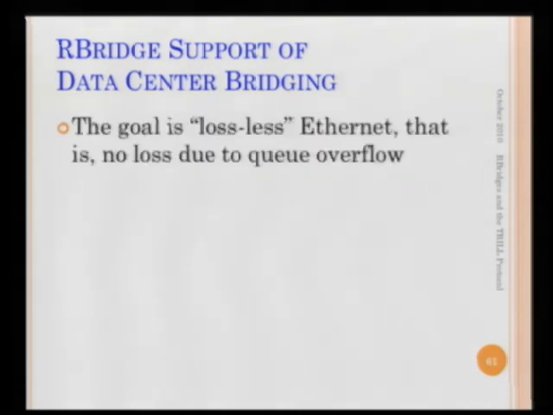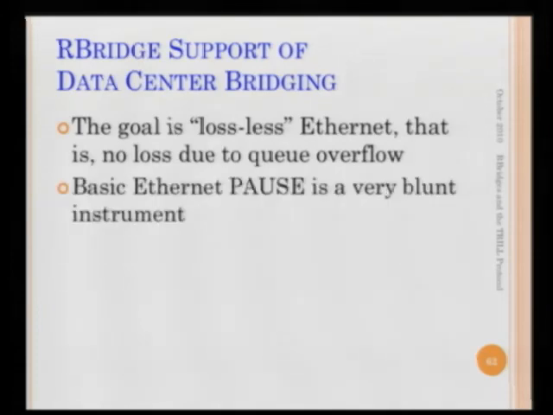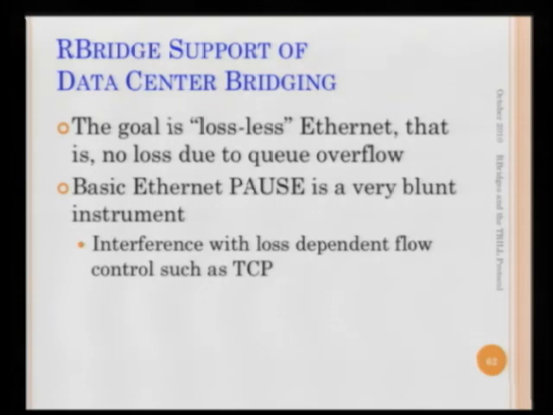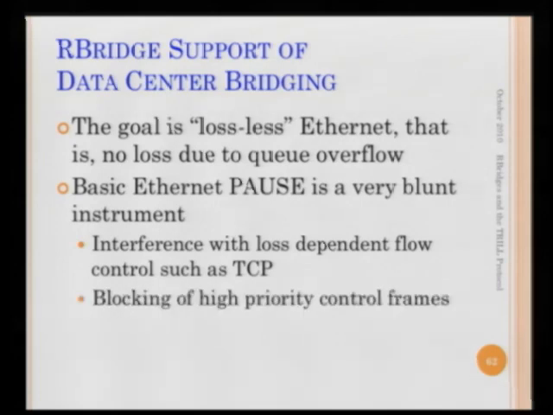The goal is to get lossless Ethernet, that is to say no loss due to queue overflow. And you can actually do that with Ethernet within certain engineering constraints, like delay bandwidth product and stuff, just using the good old Ethernet pause feature, but that's pretty blunt. It interferes with things that are loss dependent for flow control, like TCP. It can block high priority control messages. Obviously, it doesn't block pause control messages itself and stuff like that, but